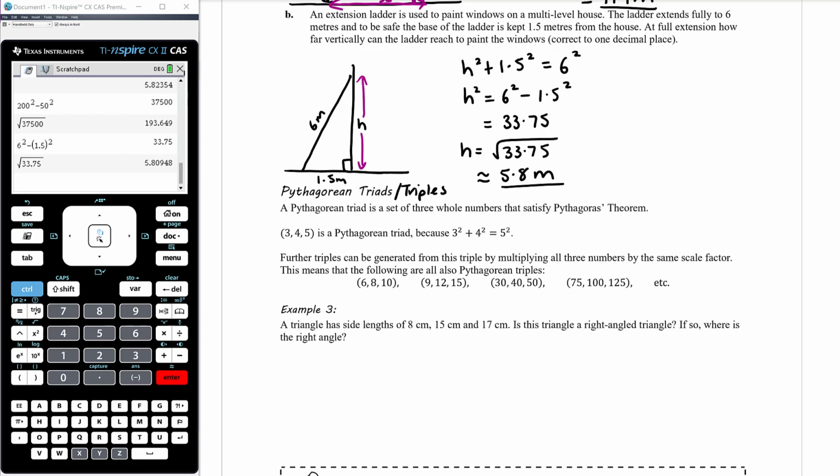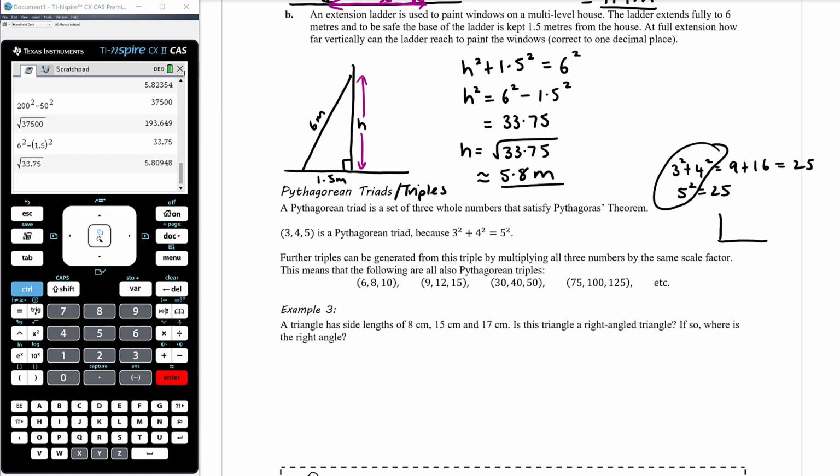The most famous or most commonly known Pythagorean triple or triad is 3, 4, 5, and it's a Pythagorean triad because 3 squared plus 4 squared equals 5 squared. You can check that. 3 squared plus 4 squared is 9 plus 16, which is 25, and 5 squared is also 25, and so these are equal, and therefore they make a Pythagorean triple,